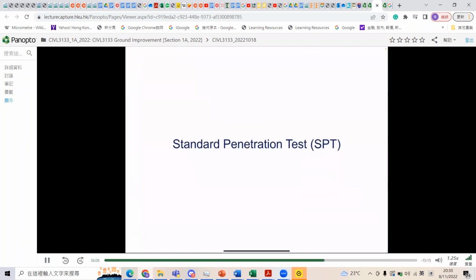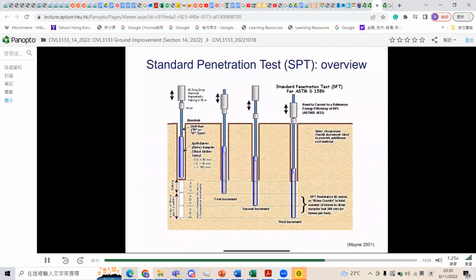So let's talk about some of the theory first. So for standard penetration tests, what happens? We have something called a split spoon sampler, or a split barrel sampler. Why do we call it that? Well, if you look at this, we can actually